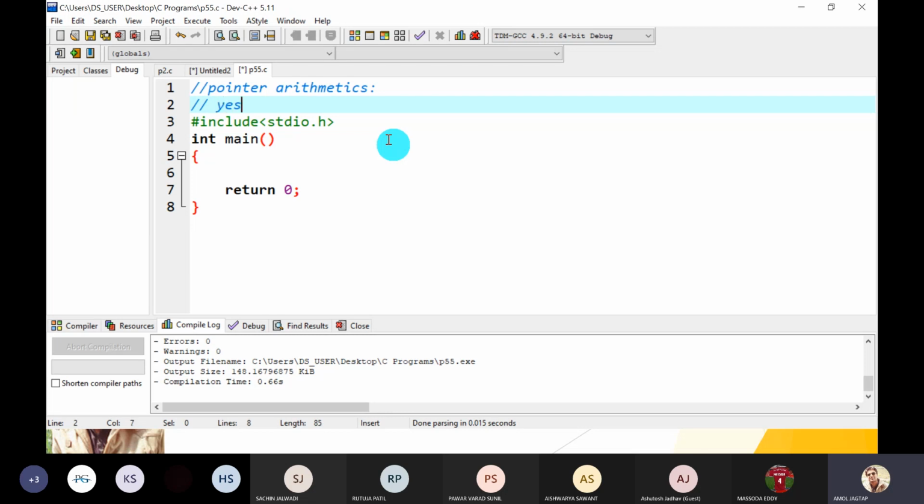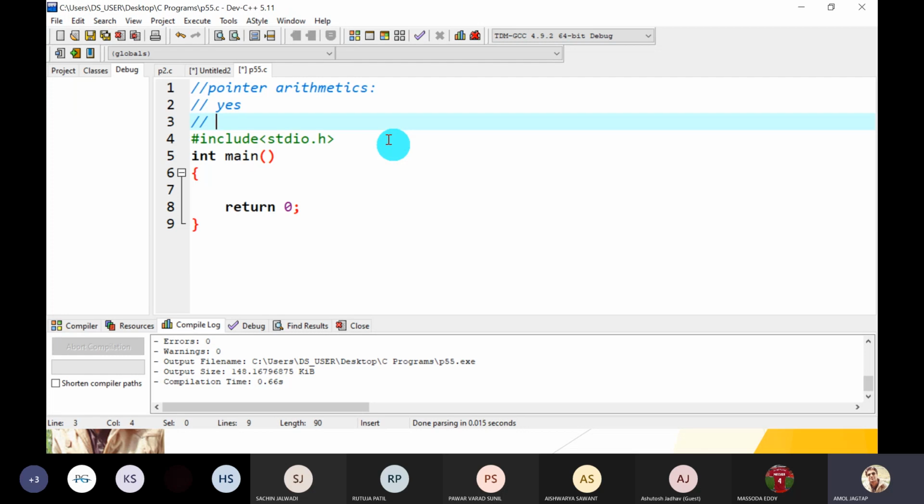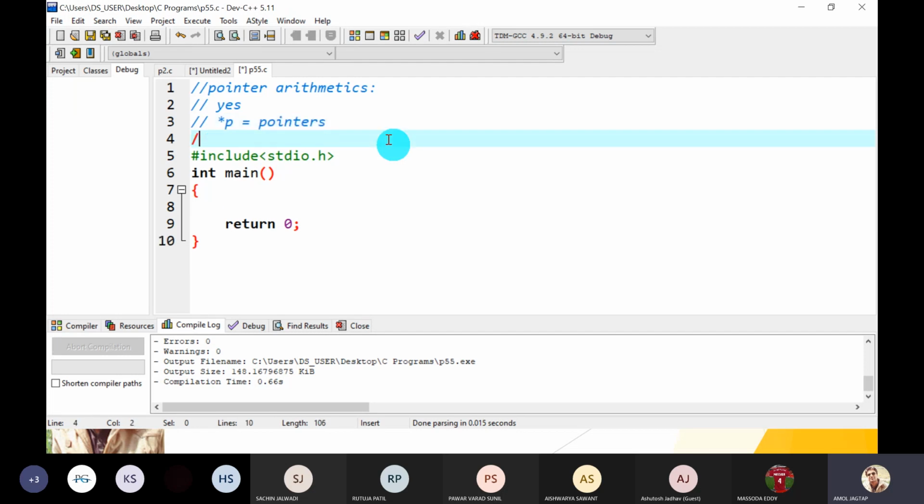So the answer is yes, we can do arithmetic operations on pointers. But guys, we have to note two things. For our convenience, we call P a pointer, but just P is called the pointer variable.